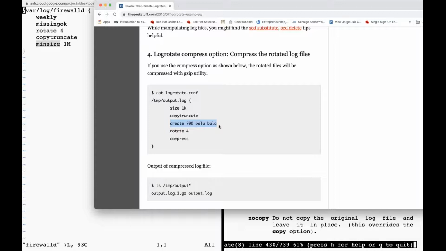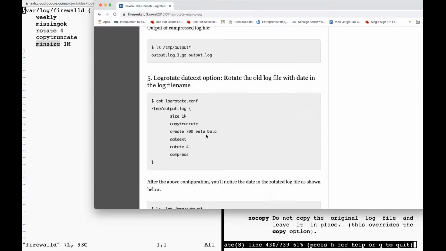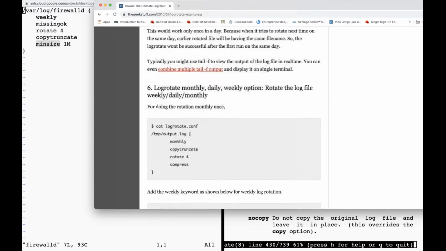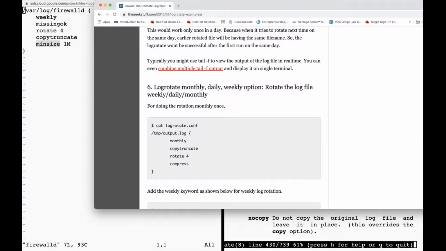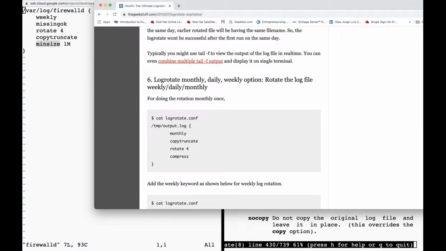700 with a user and a group of bala and copy truncate. Now, the best way to understand how to do this log rotation is to play with it. This is the best way to do that. I can set something up where we can start doing our log rotates on files, because you're gonna need to know this